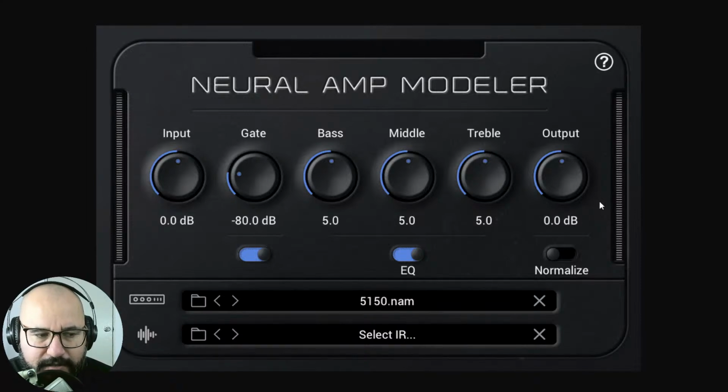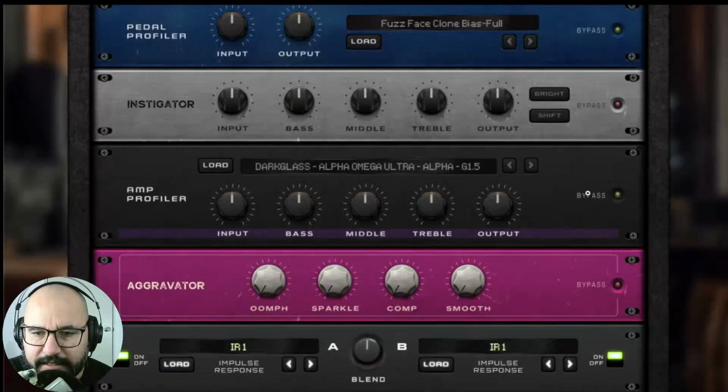There might not be a lot of the effects and additional stuff that some other amp sim suites have, but I think the sounds and the possibilities of guitar tones from real signal chains, the Neural Amp Modeler is at the top